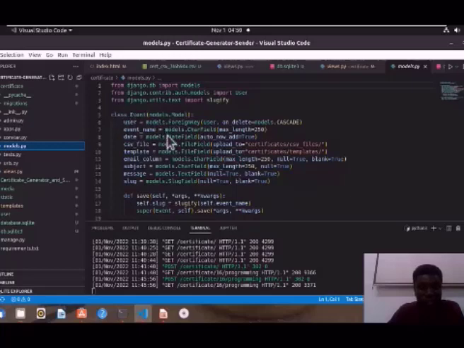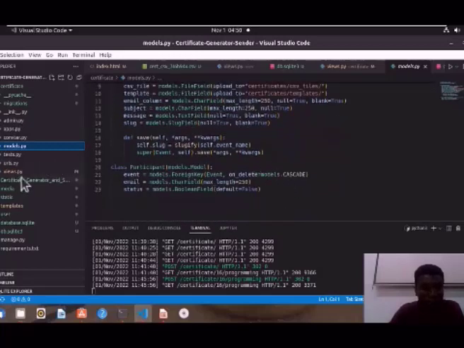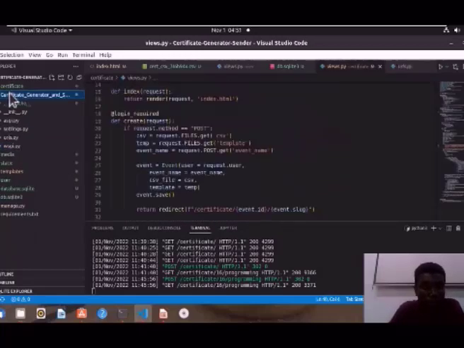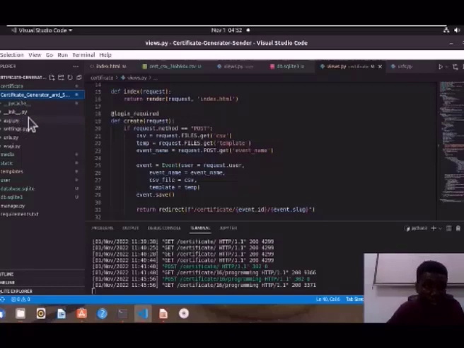So there's our database. We created an entity which is the user, and we have the event name and other entities there. Let's move on. The next one is the certificate generator, which I've clicked on, and that is our main Django project. It contains things that we will not need to bother ourselves with right now. But one thing we'll have to look at is the